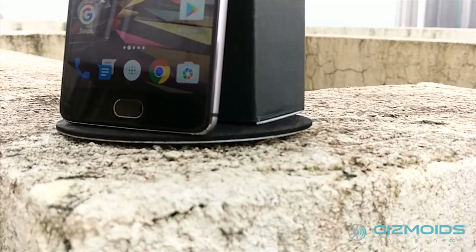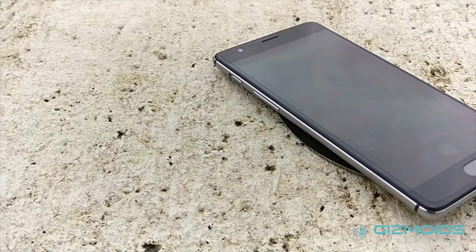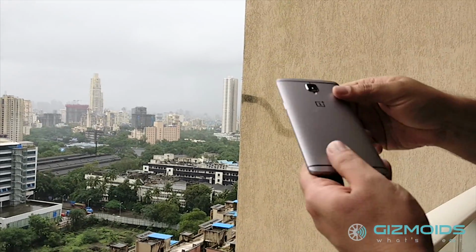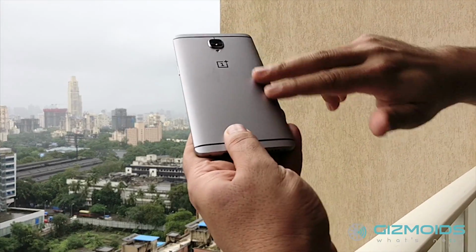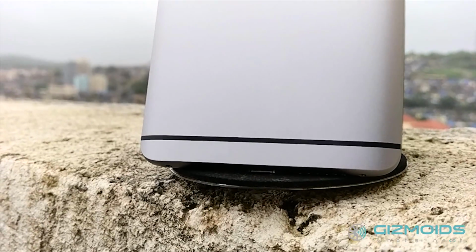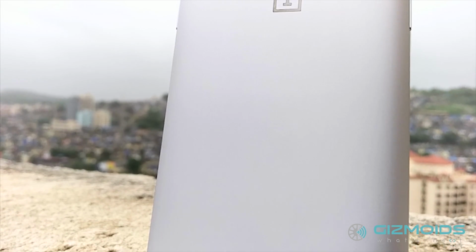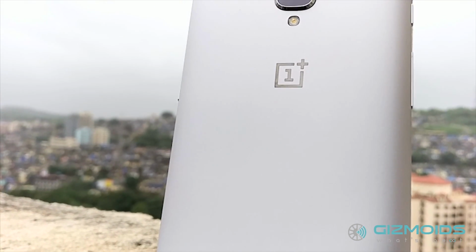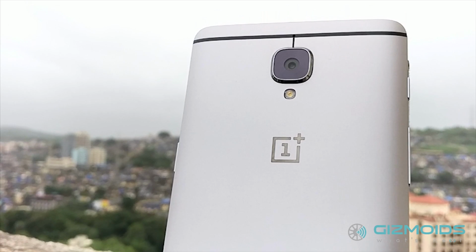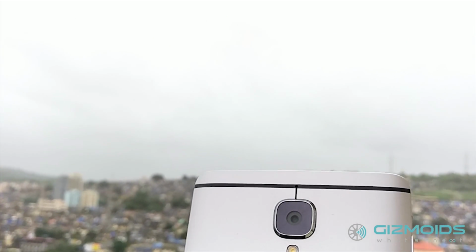Front panel gets a blazing fast fingerprint scanner, a proximity sensor, an LED flash, the earpiece and an 8 megapixel shooter with Sony sensor. Oh, and this entire thing is quite smudge resistant too, both front and back, especially knowing that I am a man with sweaty palms. Overall, the finish and construction on the OnePlus 3 is absolutely mind-blowing, even if it's curiously reminiscent of some HTC phones. For now, the only color option available is the silvery grey graphite, with the soft gold option to be